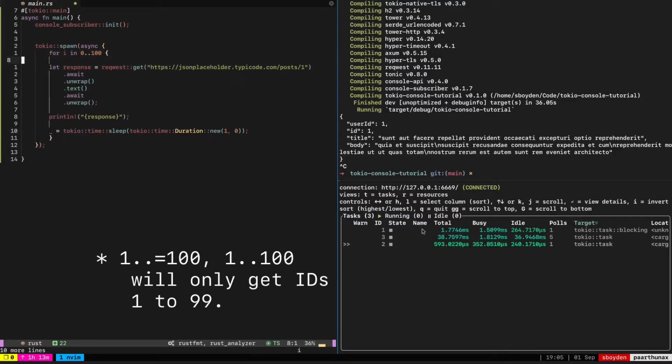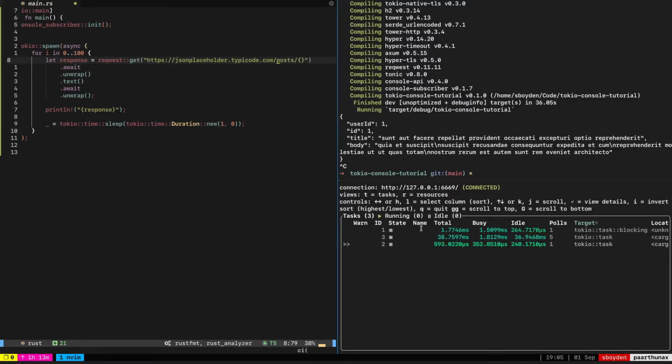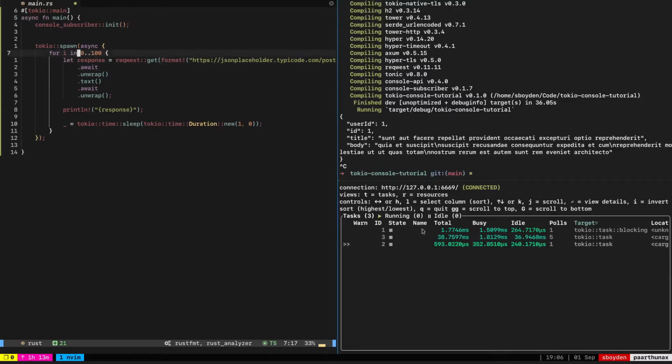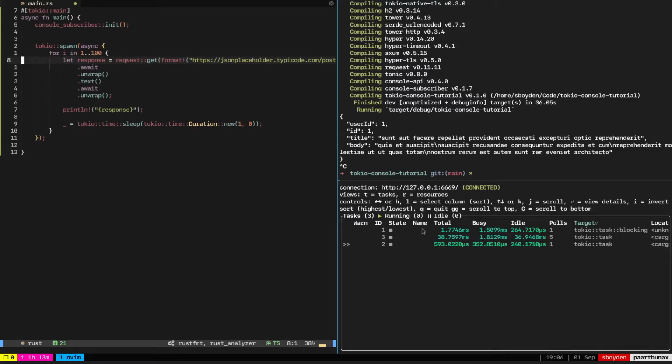Go in here. Instead of posts 1, we can just do posts, well, we have to do the format macro, and then just put i in there. So what this should do is go from post 1 to 100, making an individual request for each post. It's not the most efficient way of doing it, but you could do that, and sleep for 1 second each time afterwards. So if we come back here,